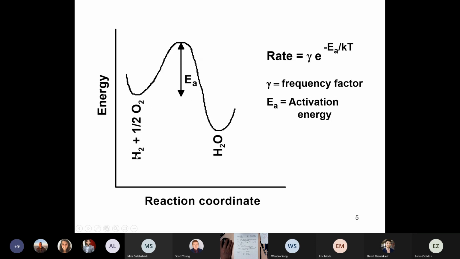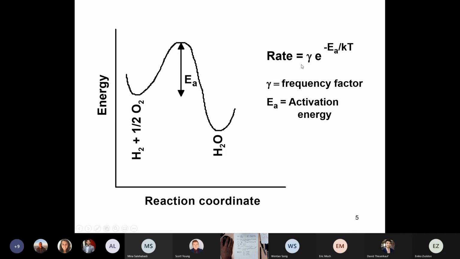So you have hydrogen plus half an oxygen that wants to become water. For that to happen, you move along a graph where you look at the energy of the system as a function of reaction coordinate. It's going to move to lower free energy, but to get there, it has to move over an activation barrier. And this is the Arrhenius treatment of